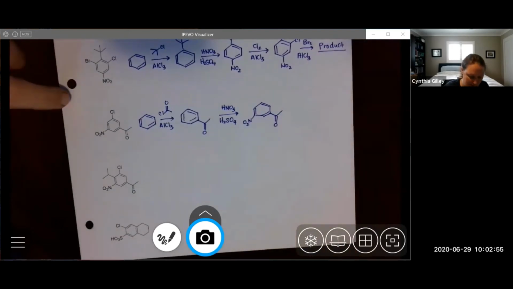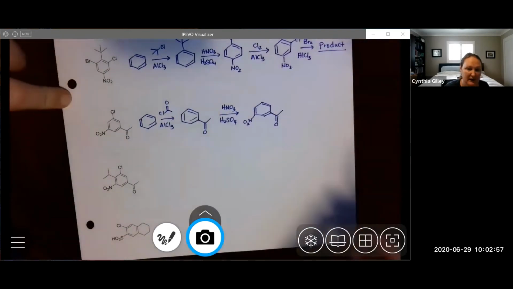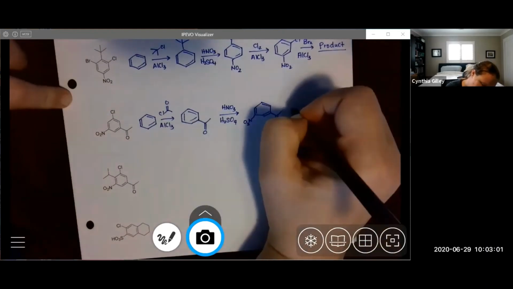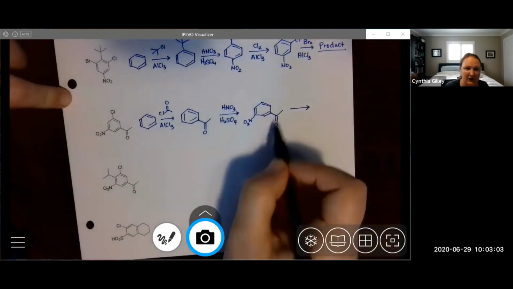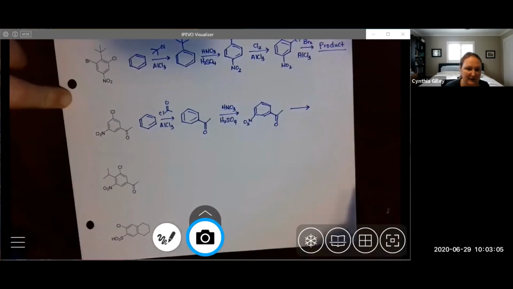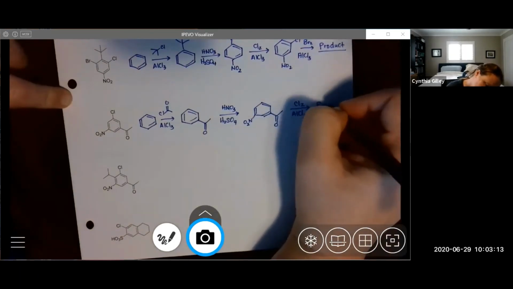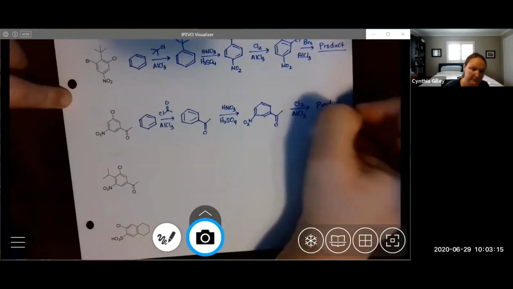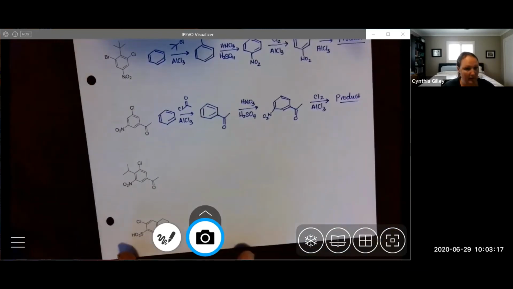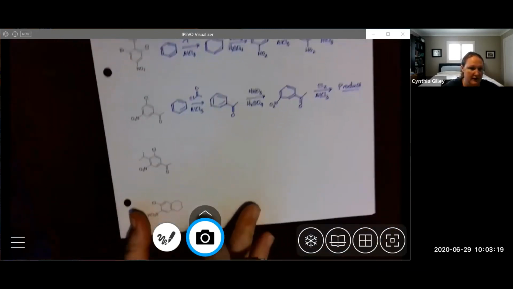So we're doubly directing to this position, which is great. And right now we would not be able to do a Friedel-Crafts reaction on this powerfully deactivated ring, but we can introduce the chlorine. The next one,